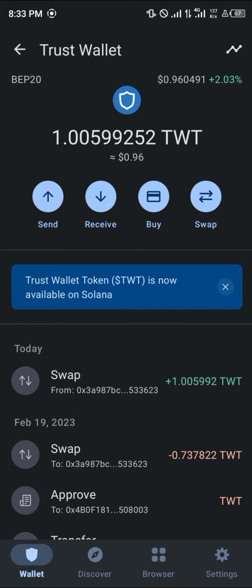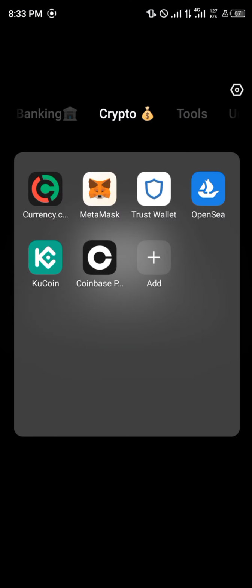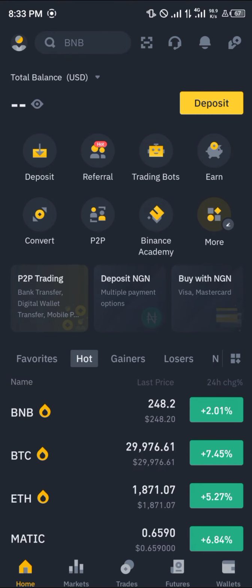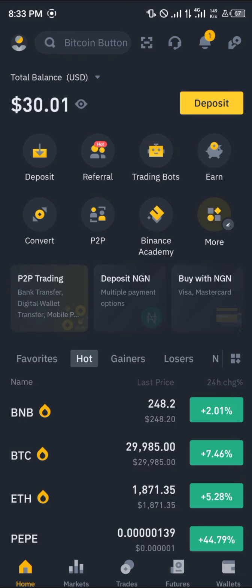Another method of getting this coin is simply opening up your Binance. Once you've opened up Binance, you could then simply deposit the Trust Wallet token you currently have, or any other token you currently have here, by clicking on the deposit icon. So once you've clicked on deposit,